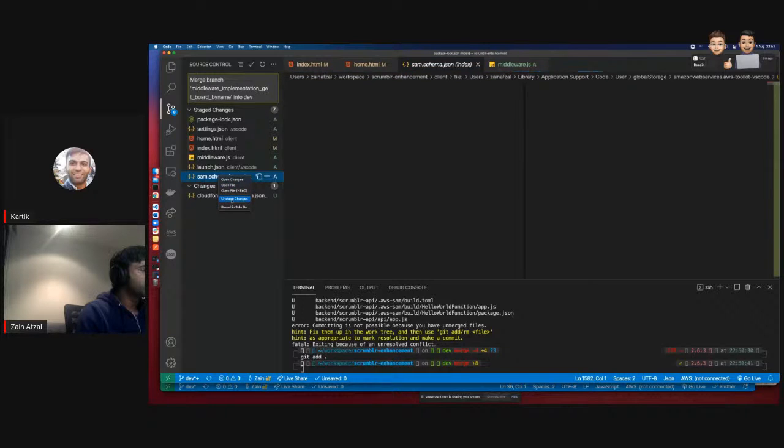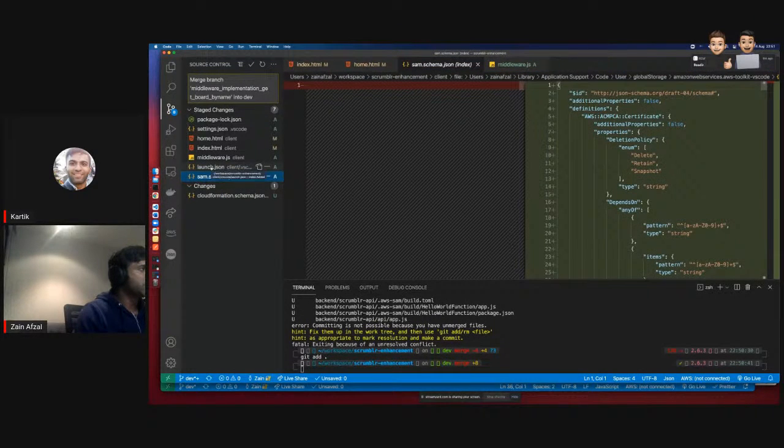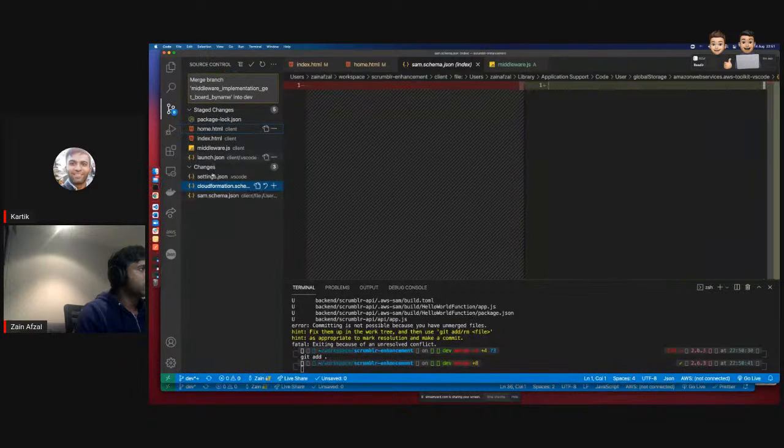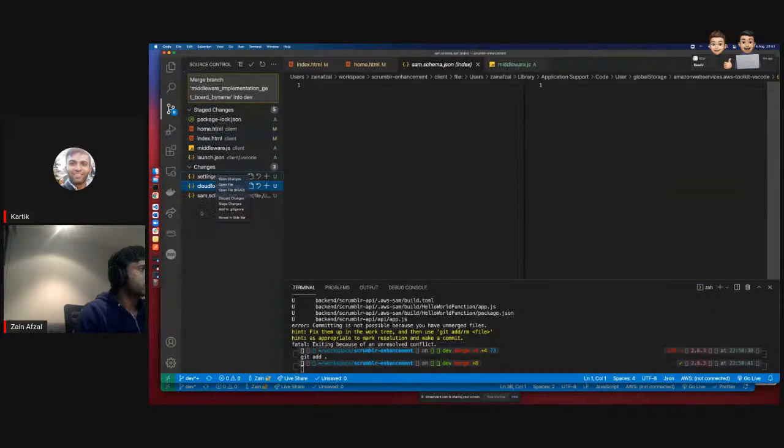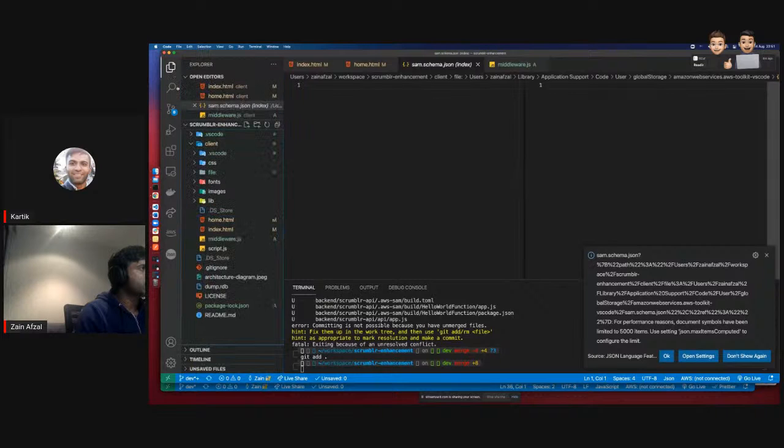So I'm gonna unstage the files that I don't need anymore, and then delete them as well. Alright, settings, cool. Now what I'm gonna do is delete them. Settings, CloudFormation, and SAM schema.